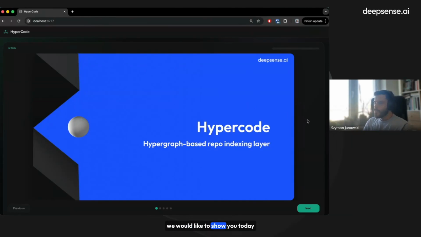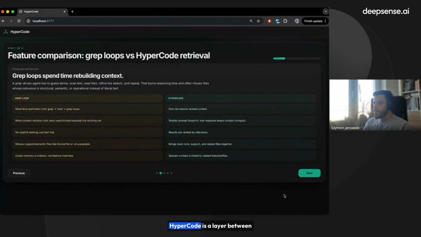Hi, we would like to show you today a quick demo of our application Hypercode that won the OpenAI Codex Hackathon in San Francisco. Hypercode is a layer between repository and coding agent. It replaces grep-based searches with a simple tool designed to retrieve context-aware groups of files ranked with a relevancy score to the